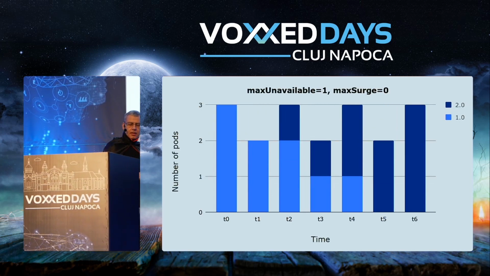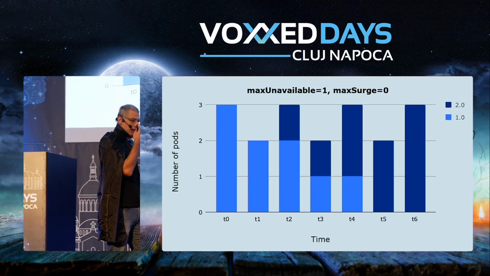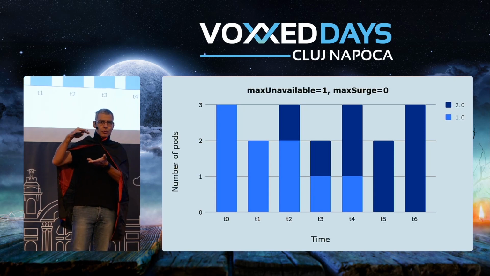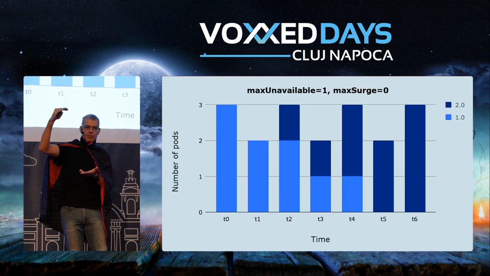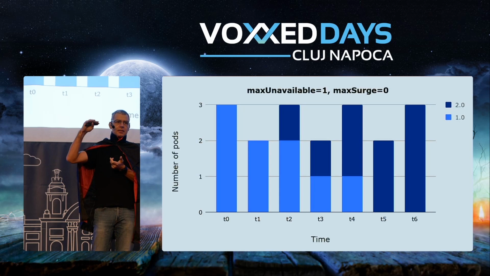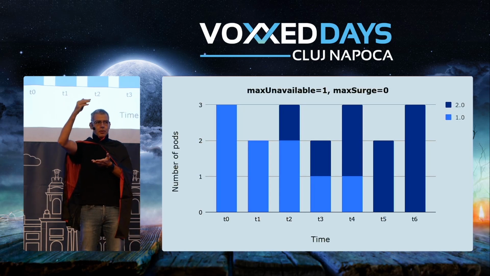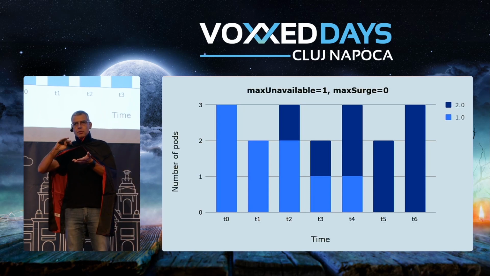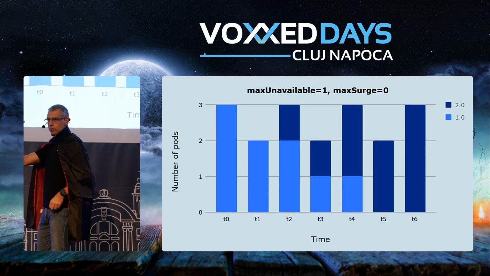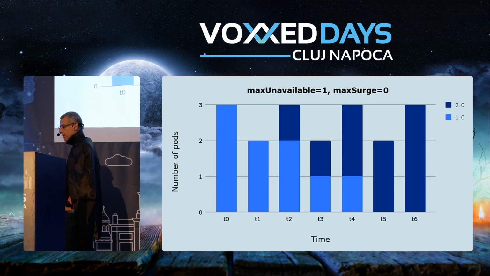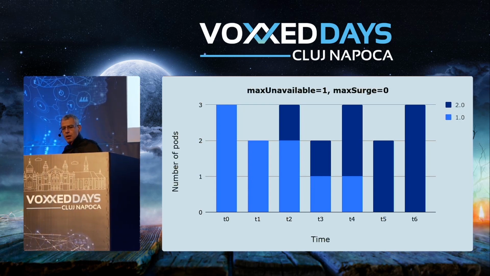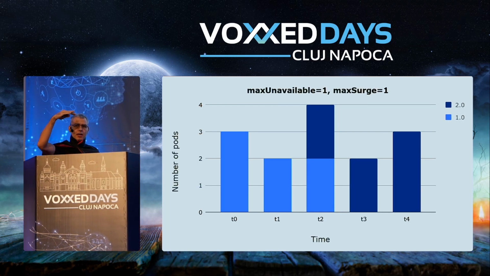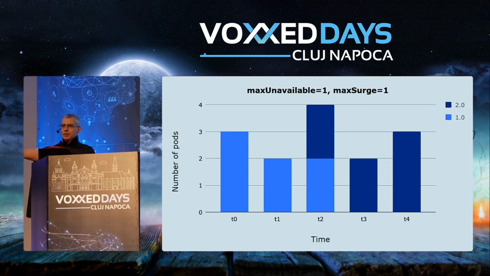On the opposite, if I don't have so much money, I must keep the same hardware. I don't want to spend more. I can have max unavailable 1 and max surge 0, and then I do the opposite. First, I remove the old pods. Then when one has been removed, I can deploy one more with the new version until all of them have been replaced. And of course, it's not only those options. You can mix and match, so basically you get faster.